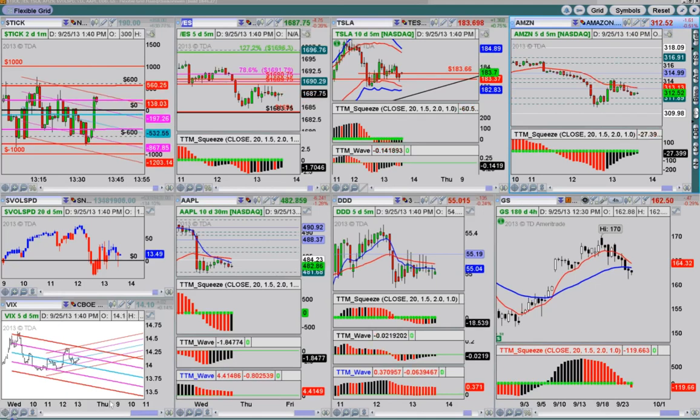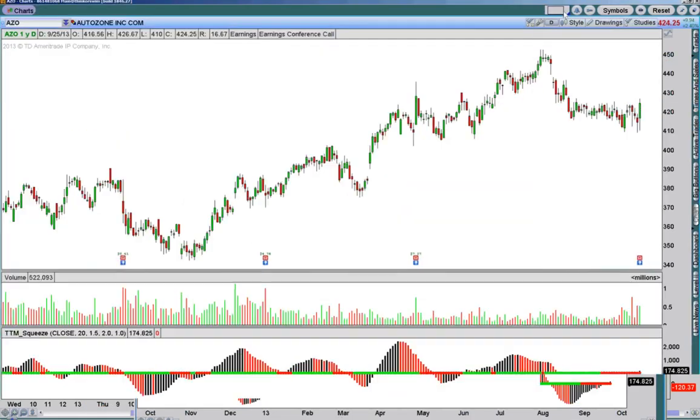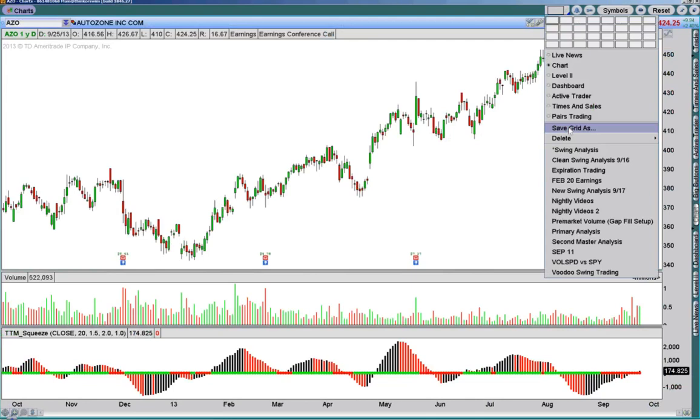And then in order to save that grid, you can just do that. I already closed that chart out, but in order to save any of these workspaces or anything that you configure that you like, just come back up into the grid dropdown, and you'll find an option here to save grid as. This is an especially useful way to manage your workspaces in thinkorswim, because like here, like nightly videos, for example,